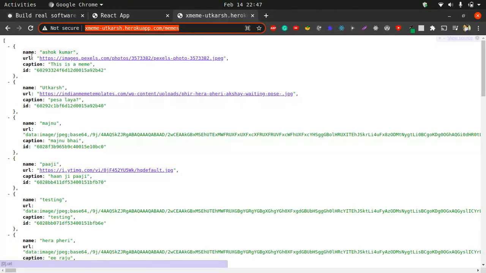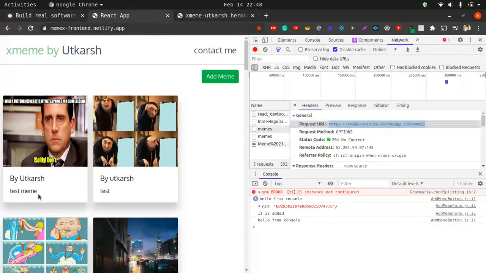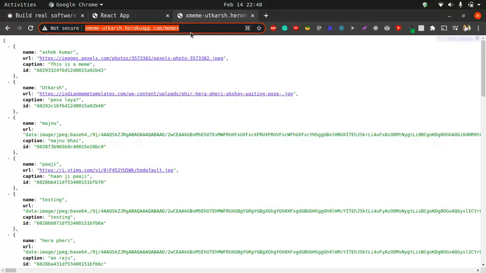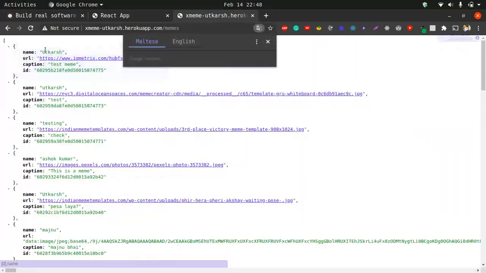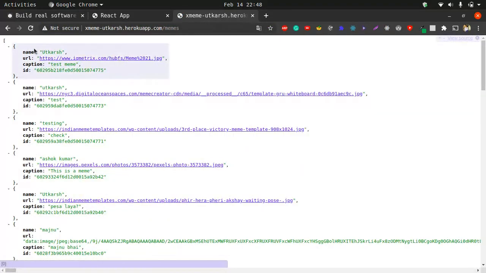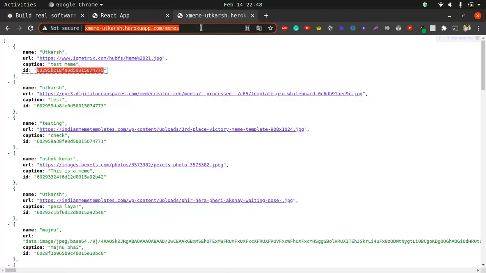There is no meme named test meme, but after I refresh it, the meme will be present here. So this meme has been added by the post request, and this was the get request.